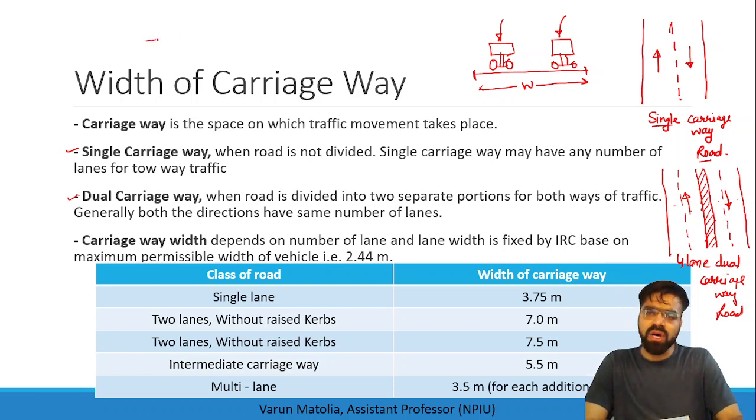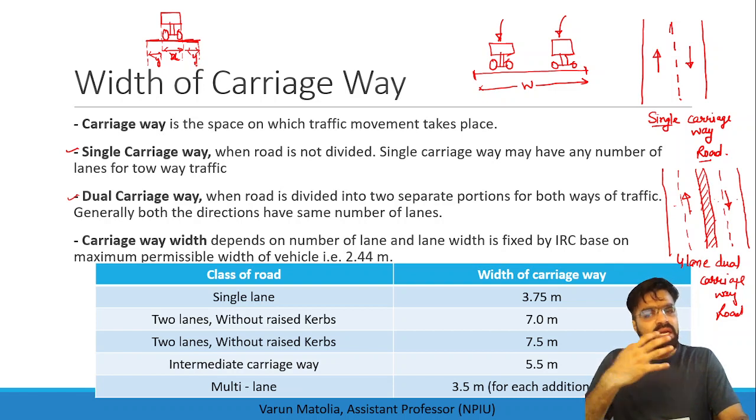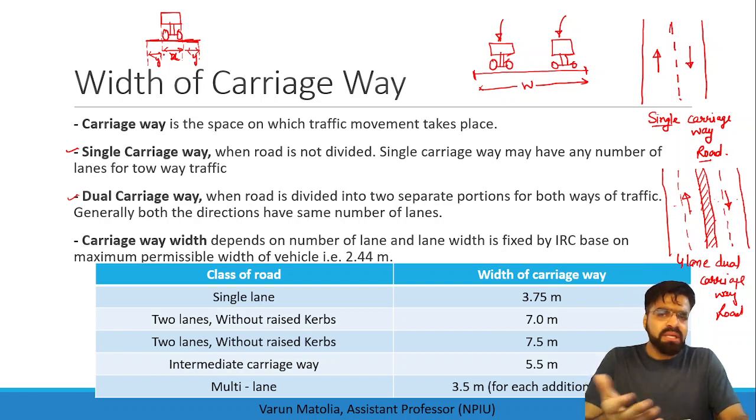For example, if we talk about a single lane, if vehicles are allowed to run on this road, let us say the width of the vehicle here is x. So we have some distance y here, or some margin y here. If we know x and we can assume y, we can tell the total width of this carriageway.